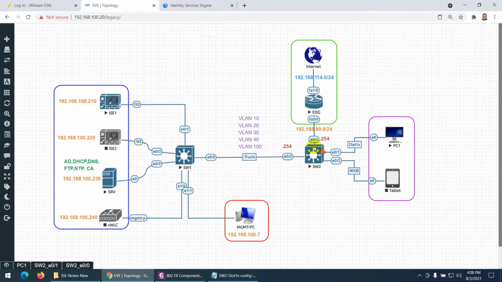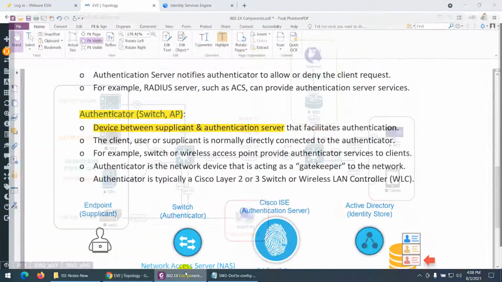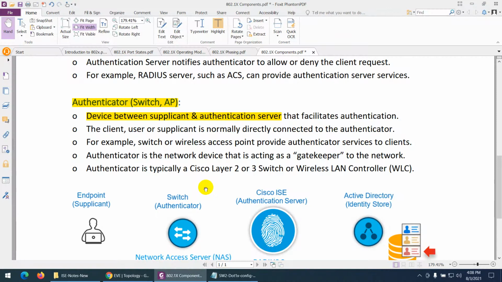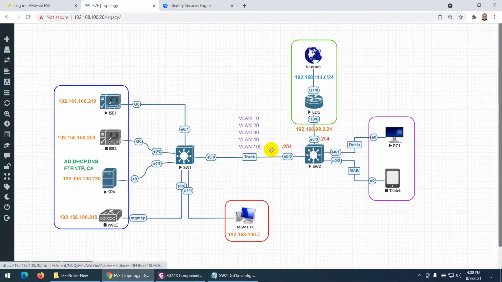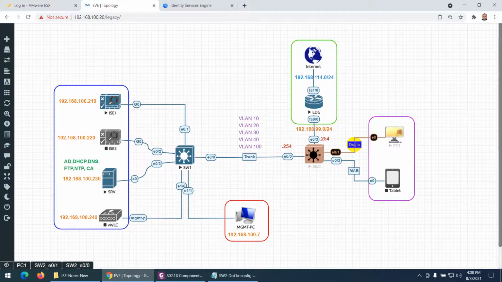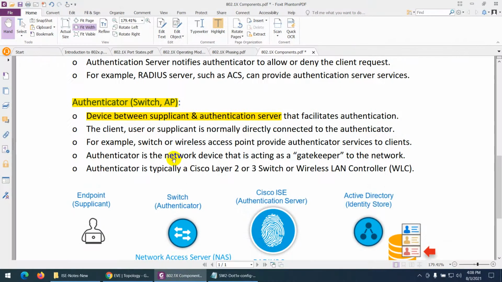If it is Wi-Fi, then the wireless LAN controller and access point are called authenticator because this device plays a role between ICE and this PC. The PC sends EAPOL packets to the switch, which changes them to RADIUS, and then they check with ICE. So he is the one, the authenticator, to authenticate the end devices.